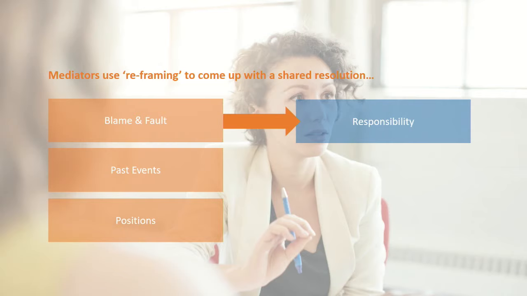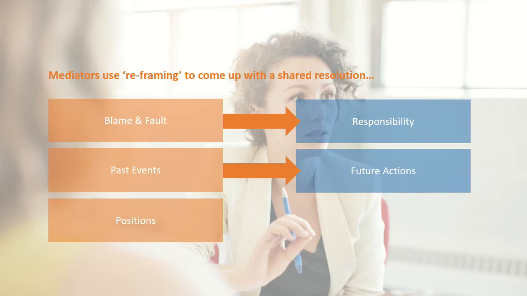So one way of thinking about this is, instead of people banging their heads together and trying to prove who's right and wrong, we try and get them to put their heads together and realise that it's a shared responsibility for making the situation better, even though they don't agree about who's to blame. The other aspect of reframing is about moving people away from their revisionist versions of past events and into an agreement about future actions. So even though they're not going to agree about the past, they may get to a place where they feel inclined to agree about what they're going to start to do differently starting tomorrow.